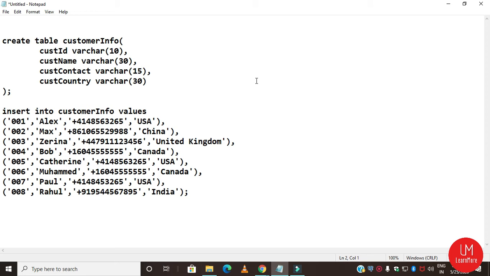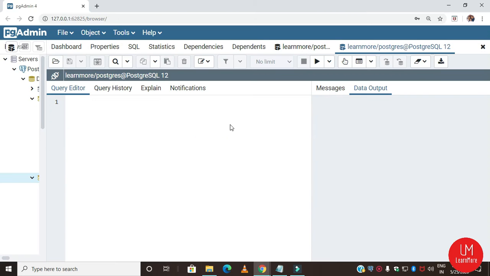To save some time, I have already created a table called customer info, and it has 4 columns: customer ID, customer name, customer contact and customer country. I have already inserted a few rows into that table. Before doing the order by operation, let's try to select all the rows.